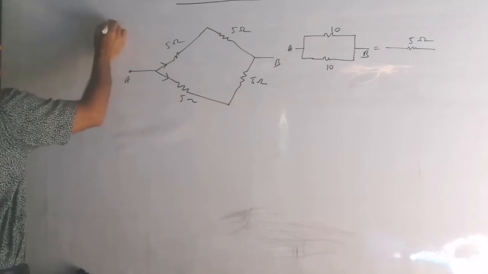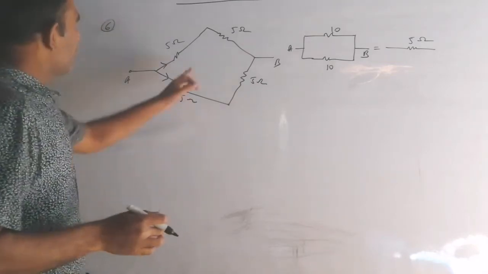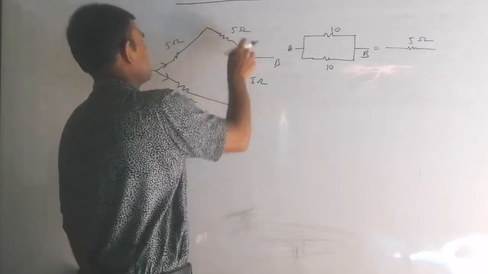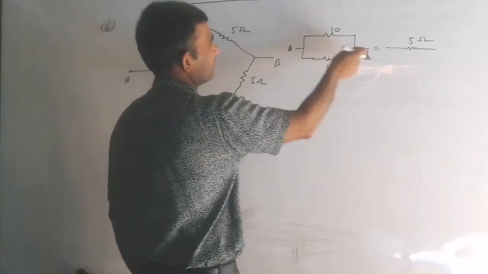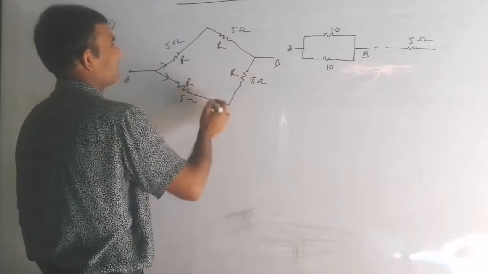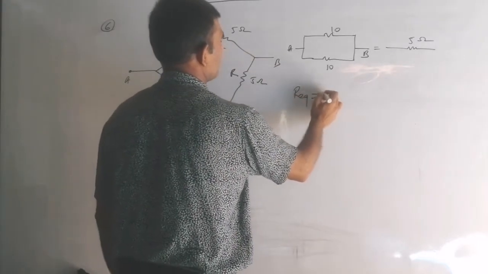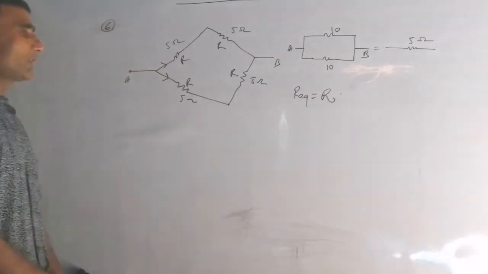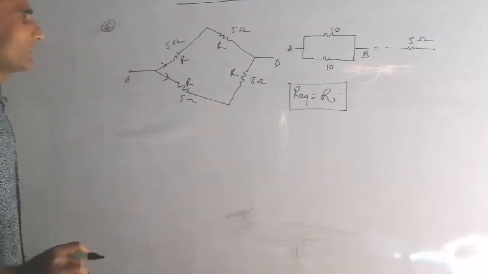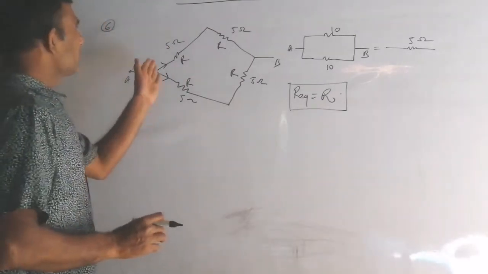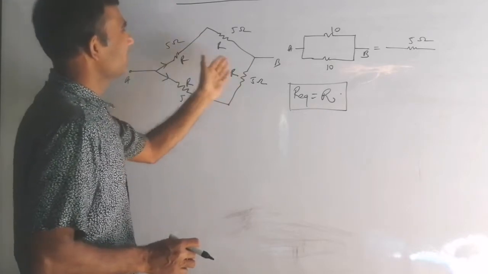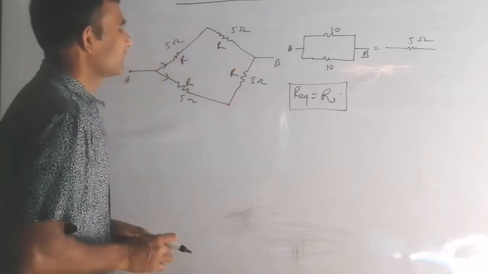Wow, so easy. I just made this question to help you understand. We got that if all resistances are the same, then the equivalent resistance will be the same. I mean, if this is R, this is R, this is R, this is R, then don't think anything. R equivalent will be simply R. Keep it in mind, because you need a shortcut. You have to just tick the answer. You should not show the process in an entrance examination. So whenever you find all resistances are of the same value, then the equivalent resistance will be that same value.